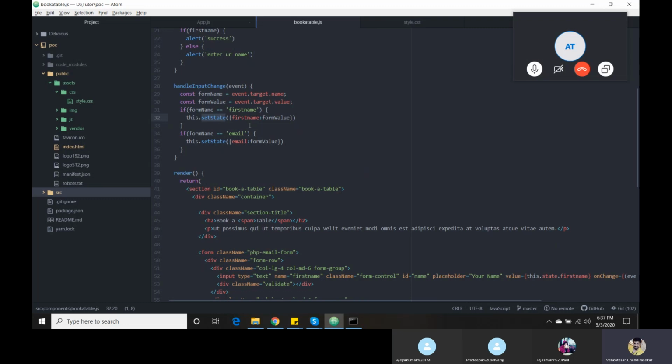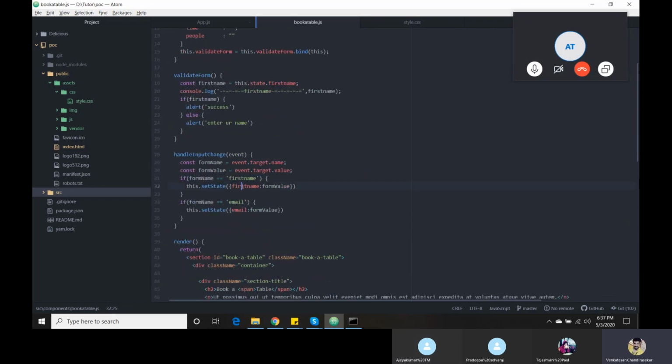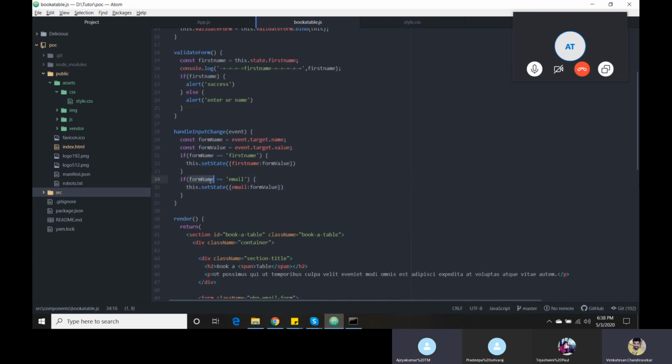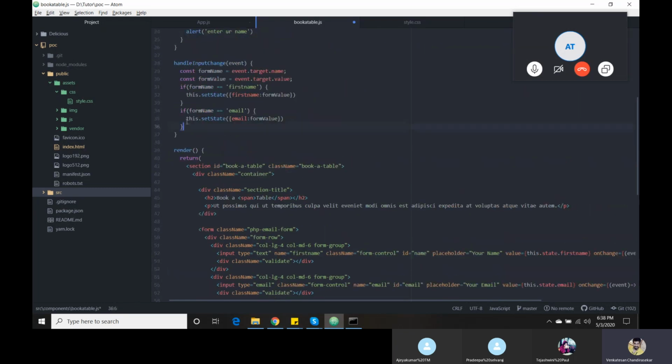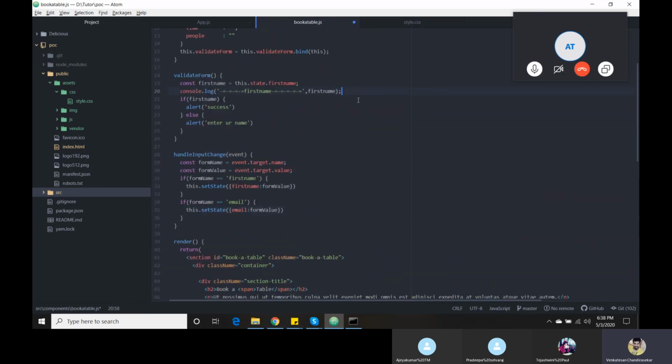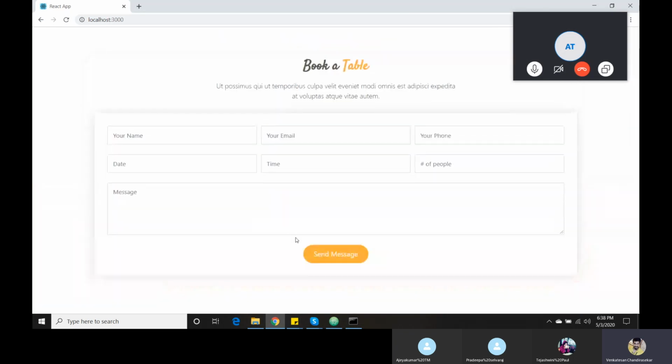The setState helps in changing our previous state into the current state. Now I have a value, I am just entering something, and it is appending that value into the current object. That's the reason we are using it. The same way for email; if you want to do the same thing for phone number, you need to copy the value, change it to phone number and add one if condition here, then it will work. So far you got what is constructor, super, and what is bind, everything.